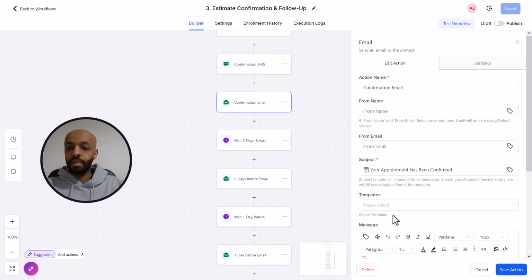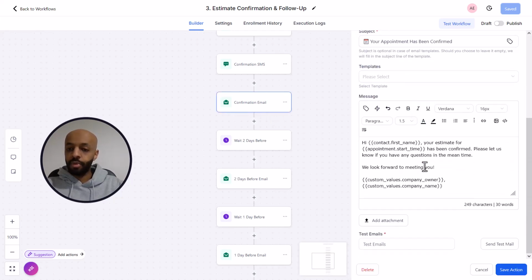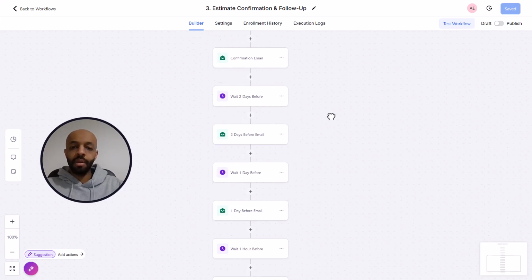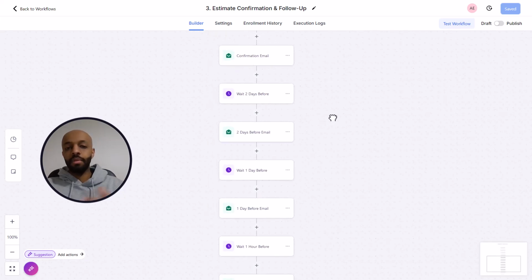And you should send an email as well. Your appointment has been confirmed. Hey, lead name, your estimate for, again, the time has been confirmed. Please let us know if you have any questions in the meantime. We look forward to meeting you. Just really simple. And now this is a wait step, but unlike before where you just waited like 2 days